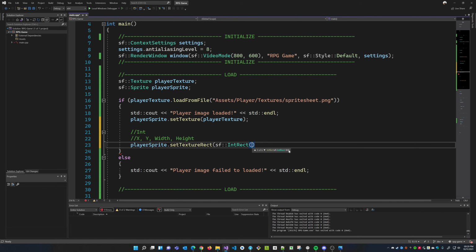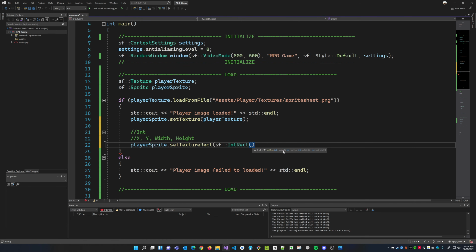There's a version that takes two other arguments, which doesn't make sense to you now; we'll talk about that later. There's a version that takes a position and a size, a Vector2i and a Vector2i. And there's a version that takes whatever this is. Don't worry about it.